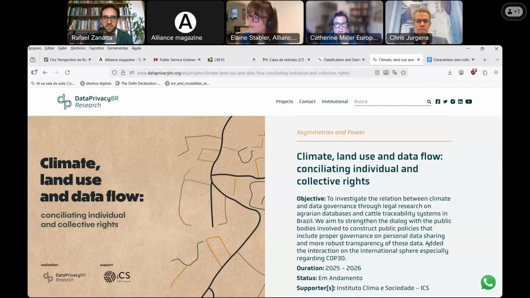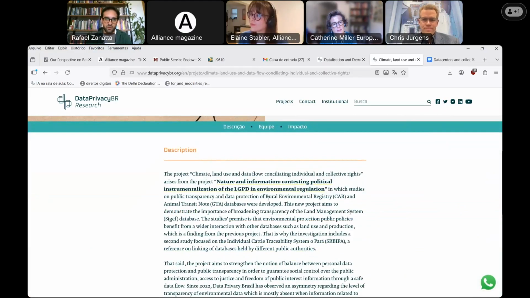And what happened in the past years in Brazil was that powerful stakeholders were using privacy rights to make certain types of information not available to journalists and environmental leaders. So this was a conflict between privacy rights and access to information. And we've been working to position the government in the right direction on balancing those competing values and make sure that the information about the Rural Environmental Registry and also the Animal Transit Node, which is a database for illegal cattle, is open and considered as a digital public infrastructure that can be accessed by citizens.